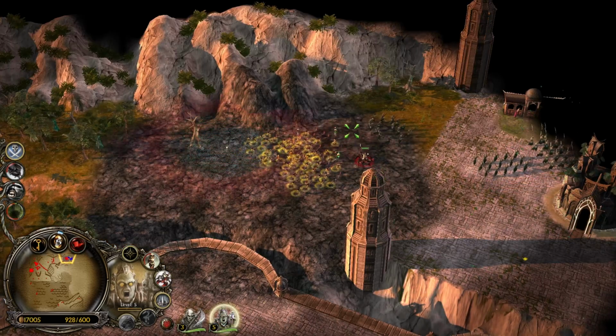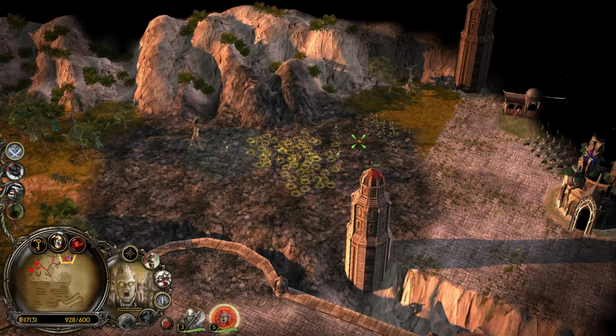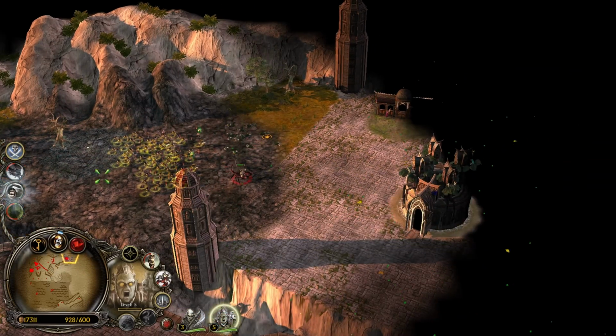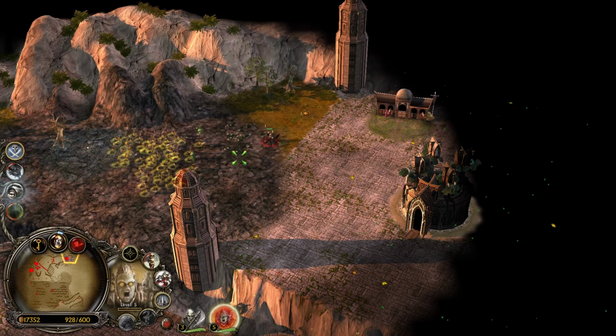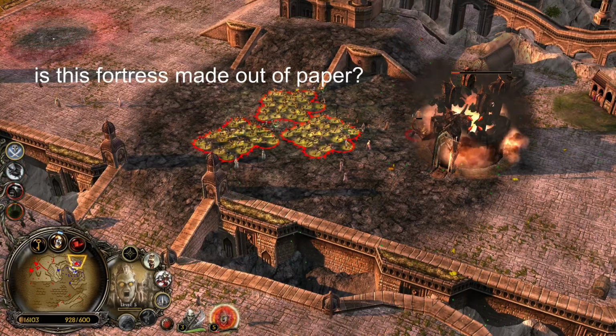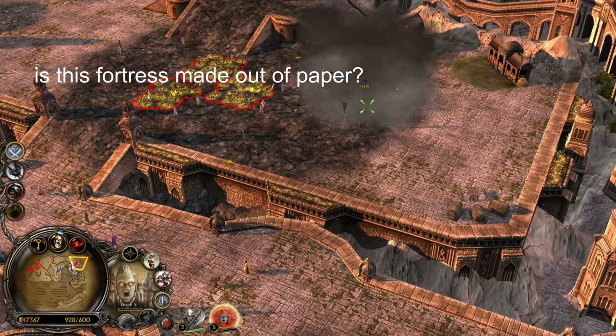My ranged units come with me to provide additional fire support. They are really not tanky, and generally speaking orc troops are garbage. But if you can keep them untouched, at least they can deal some damage. I destroy the 2 fortresses of the Grey Havens and move on to the third...